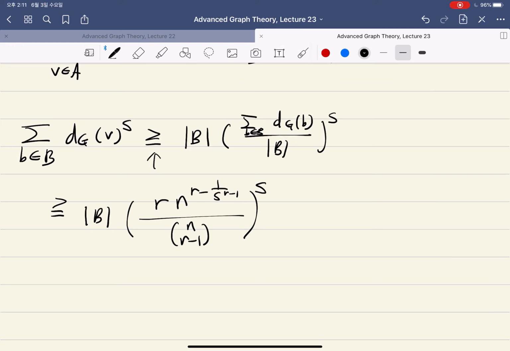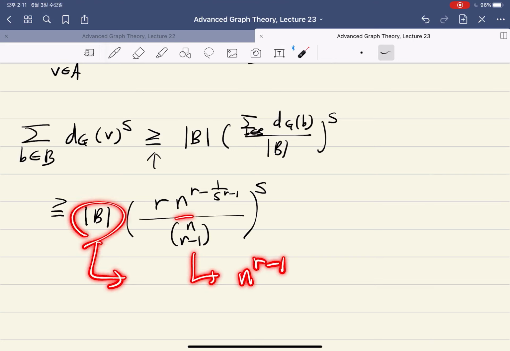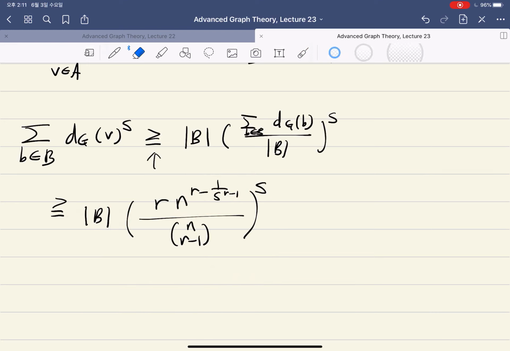So roughly this lower part is n to the r minus 1, and this part is also n to the r minus 1, roughly, times some constant. So if you compute, this is roughly n to the r minus 1